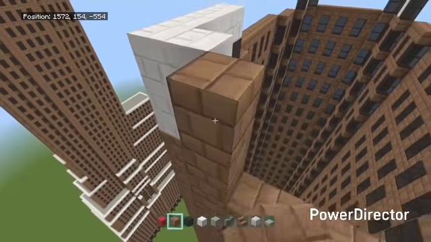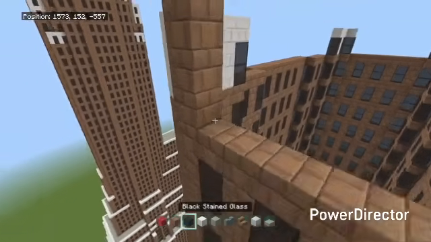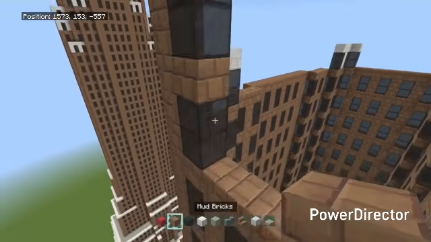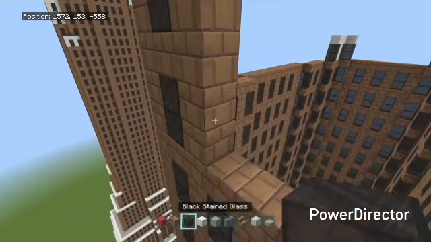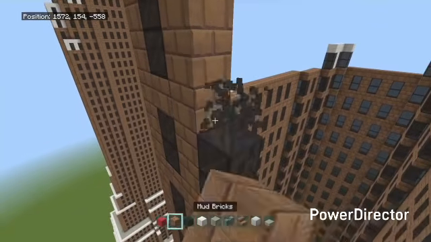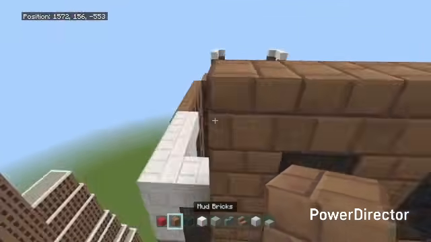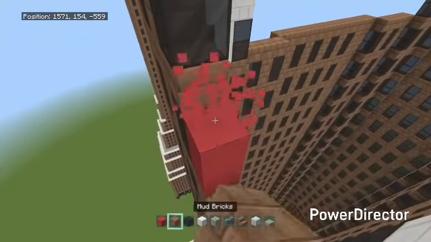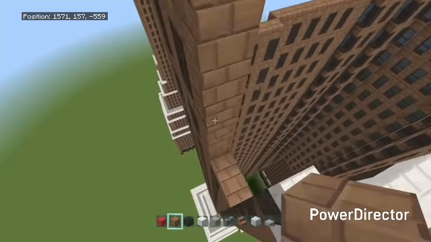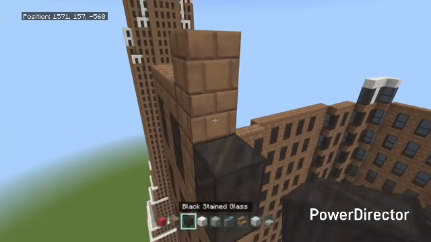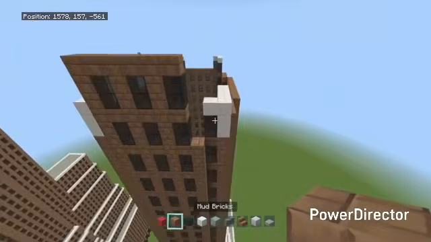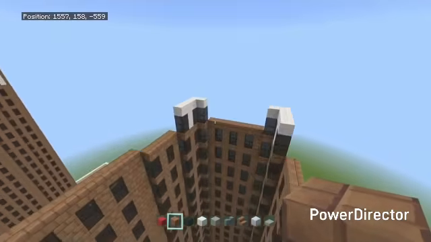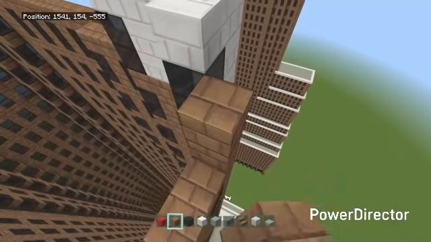So 1, 2, 3, 4, 5, 6. So glass, mud, glass, mud. So it should be 1 set taller than the one you just did. So remember, this is going to be on the short side. You can be on that one or that one. And once you got them raised up to 6 blocks,